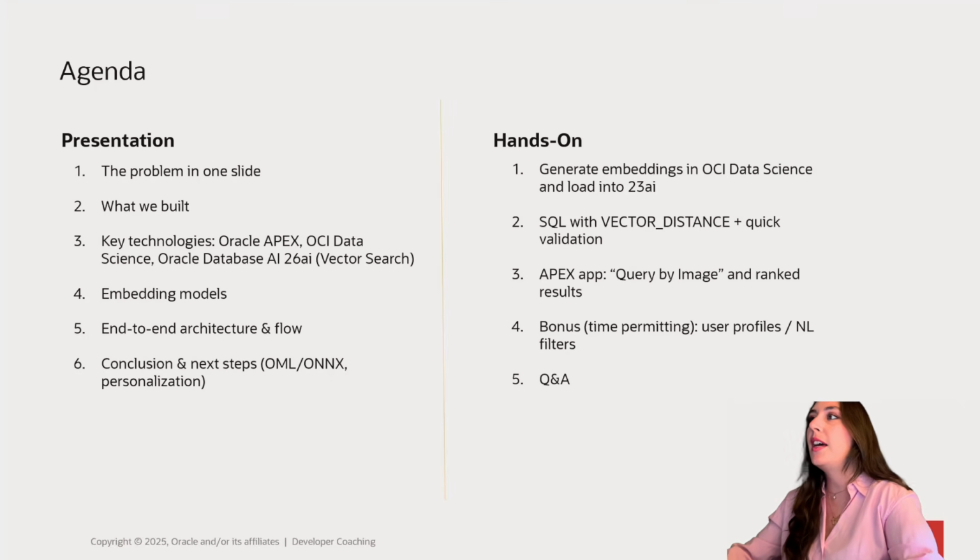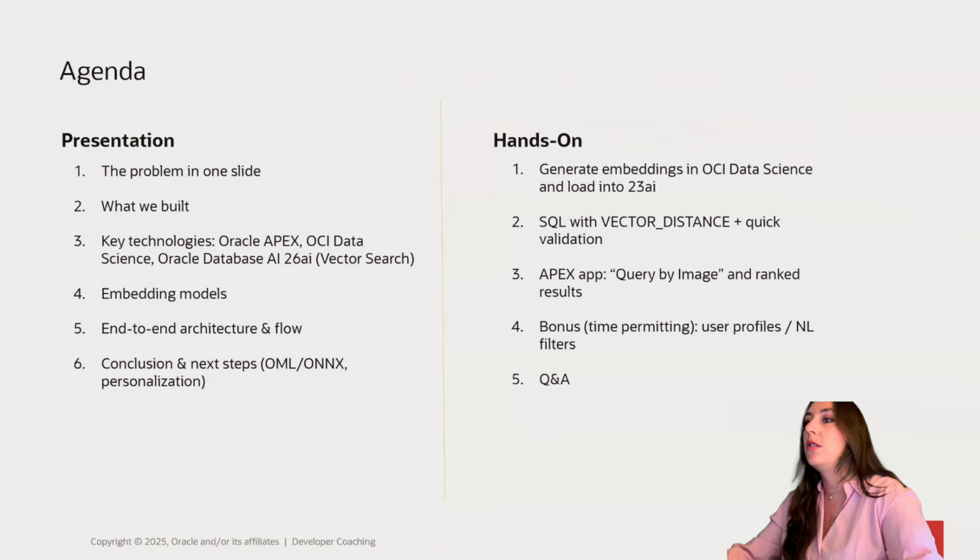Here is the agenda for today, this is how we are going to spend the time. On the presentation side, we are going to explain the problem just in one slide, why classical search isn't enough. Then we're going to show you what we built, a query by image experience for a fashion catalog concretely. Then we are going to look at the key technologies behind it, which are Apex, of course, OCI Data Science, Oracle Database 26 AI for vector search. Later, we are going to zoom in on the embedding models that we were using, and then we are going to connect everything into the end-to-end architecture and flow, and we will close it with some next steps and ideas